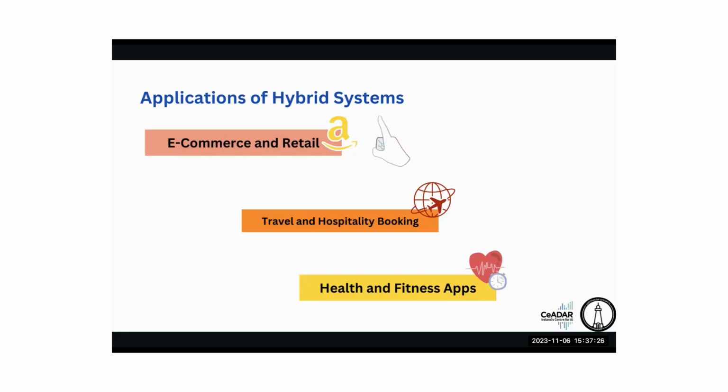The next important area is health and fitness applications. In health and fitness applications, it gives us a personalized plan or nutrition recommendation tailored to the user's location, their weather, and the availability of equipment. For example, if a user is in a colder or less accessible place, he needs a recommendation system that gives him a proper way of utilizing the existing equipment which we have. So here the hybrid systems are much more useful.